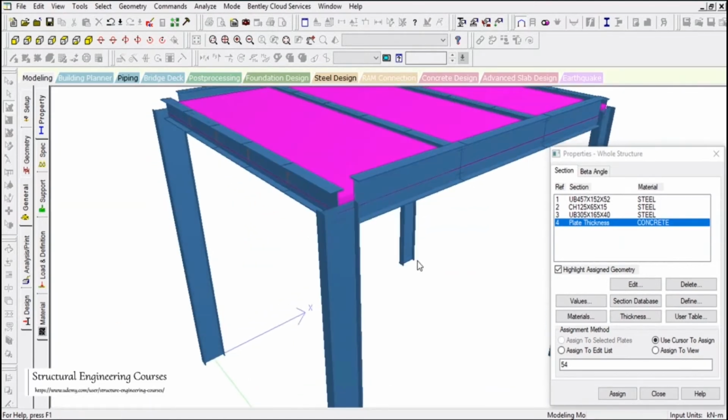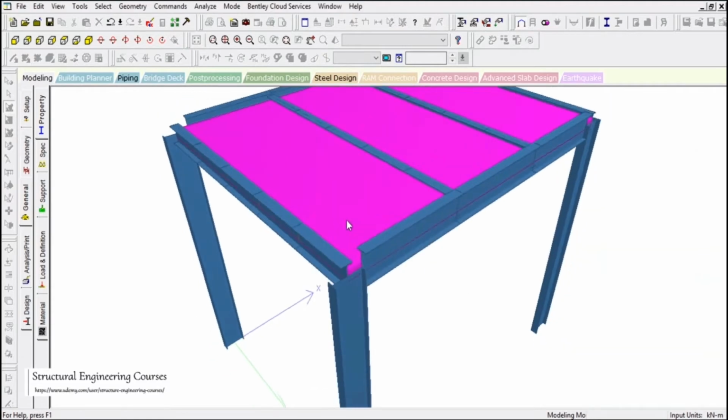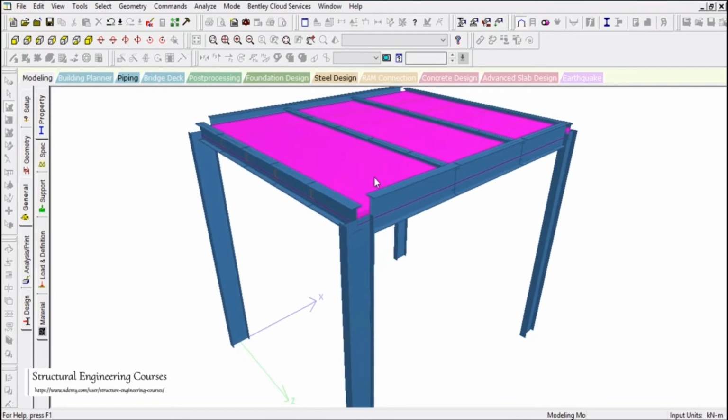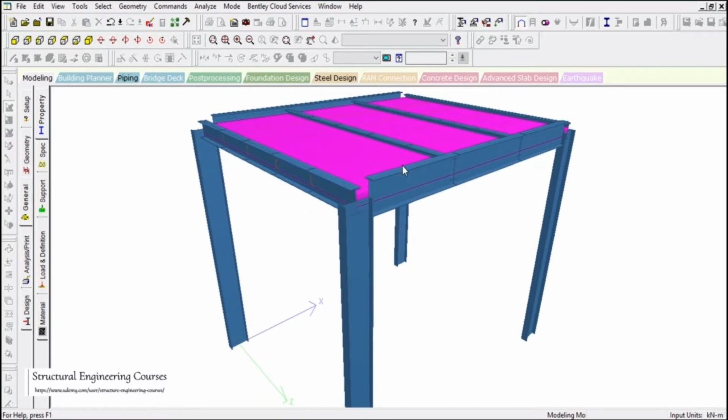Again something is not as desirable as what we want, because this 150 mm RCC slab should be over the structural steel member, not on the center line of this whole structural steel member.